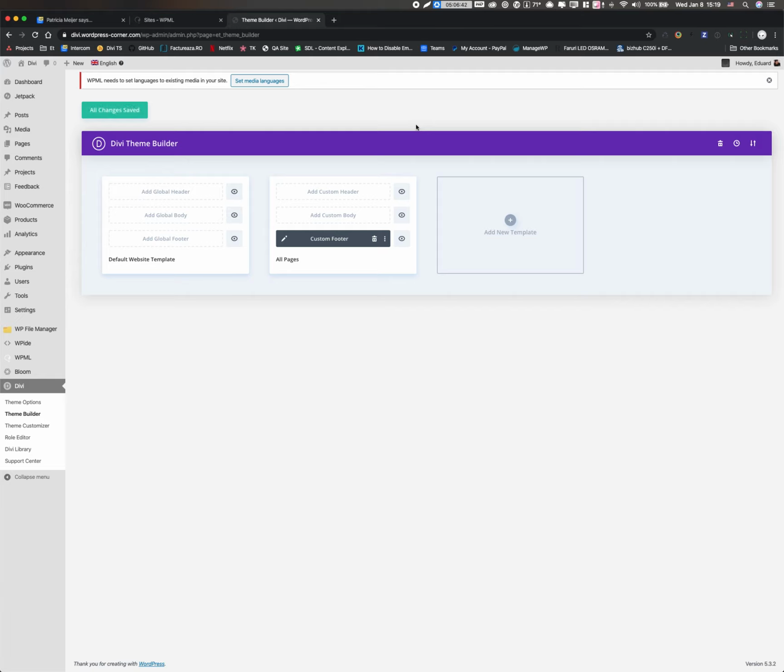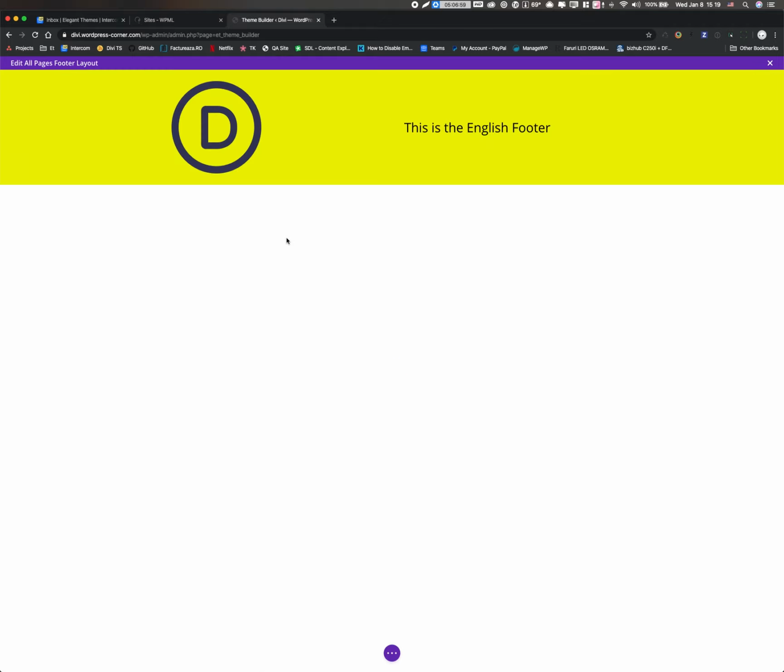So now what I would like to do from this point on is I can either change to the Romanian language and redo the same process of creating my footer, or I can simply edit my footer layout,